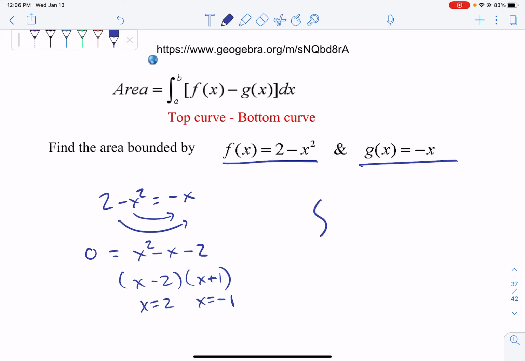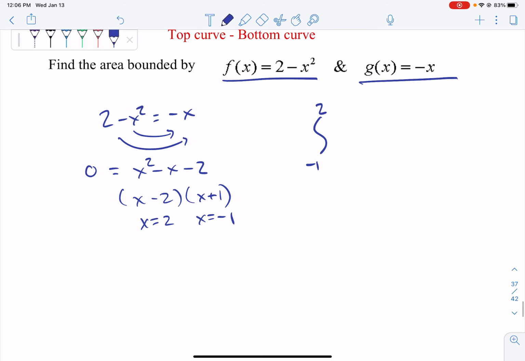So I know that I'm integrating from negative 1 to 2. Now I've just got to figure out which curve is the top curve and which curve is the bottom. One way would be to graph them. If this was a graphing question, you could put it in the graph and just see which one goes where. But if I look at these,